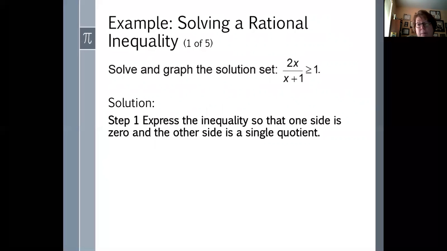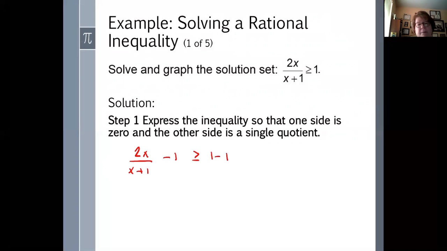In this rational inequality, we have 1 on the right-hand side. I can't solve this problem until I get that 1 over onto the left-hand side. So I need to subtract it from both sides of the inequality, excuse me. So I am going to subtract 1